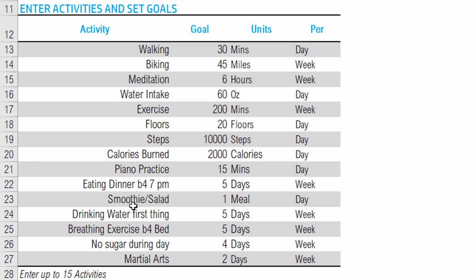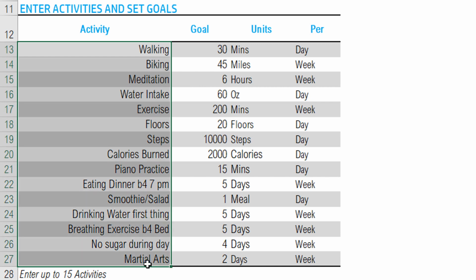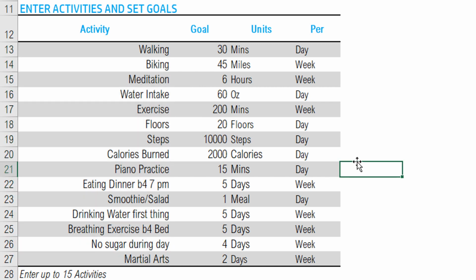Then you enter the list of activities and set the goals. So here I have entered 15 activities. The template can support 15 activities. And I've entered all these activities, and almost all of them are things that I actually plan to do on my own. And then the number of units and things have to be changed. But in terms of the number of activities, these are some of the activities that I want to do in